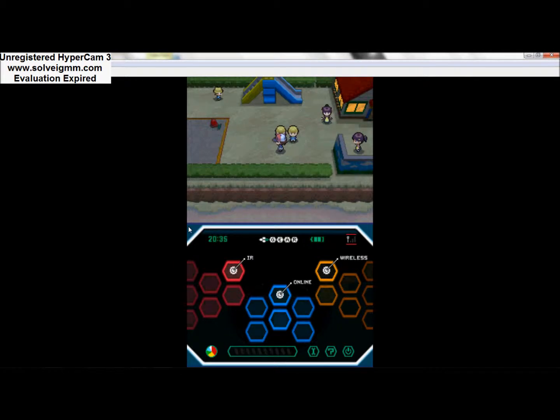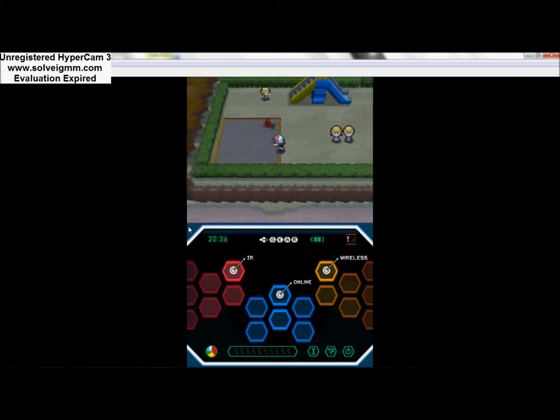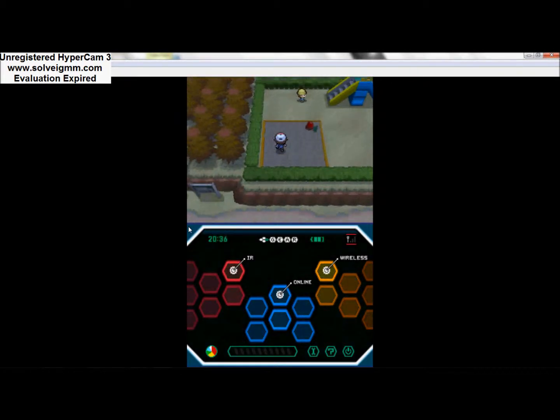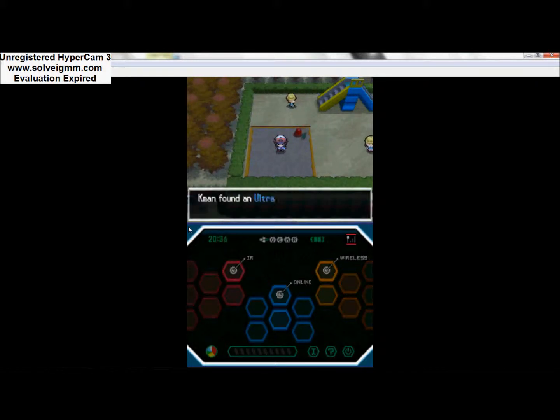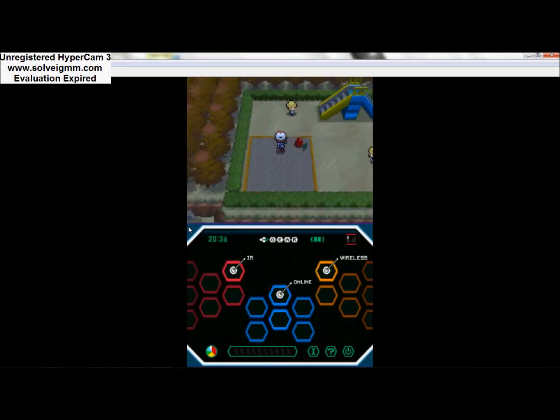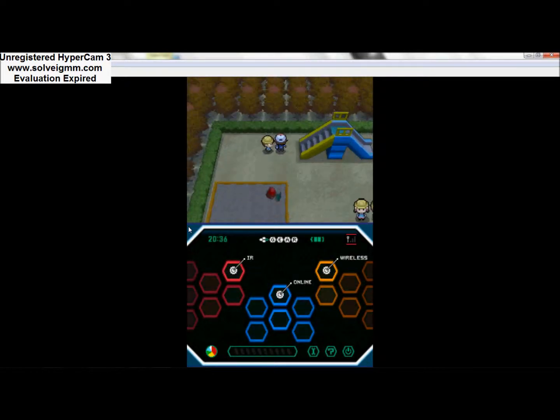Okay, moving on. Speed run! That's really not speed running though. If you go to the exact middle of this sandbox and press A, you'll find an Ultra Ball! That was like the most obvious thing ever. There had to be something in there. I'm kind of good at scouting things out, because...